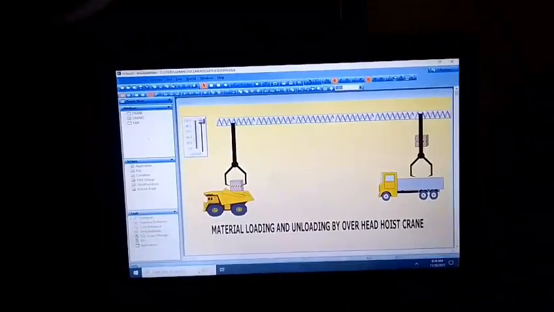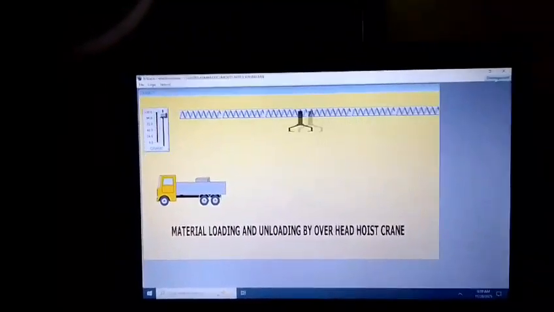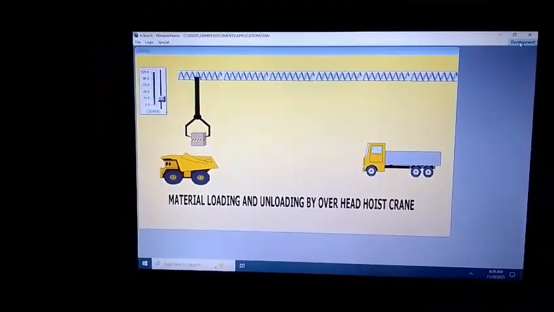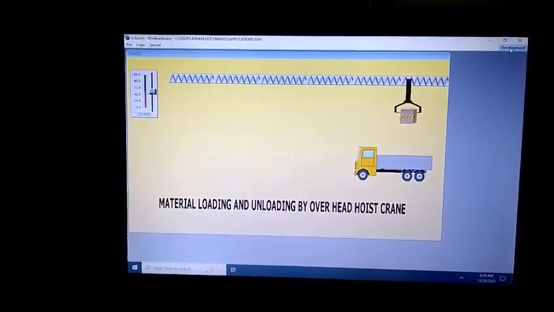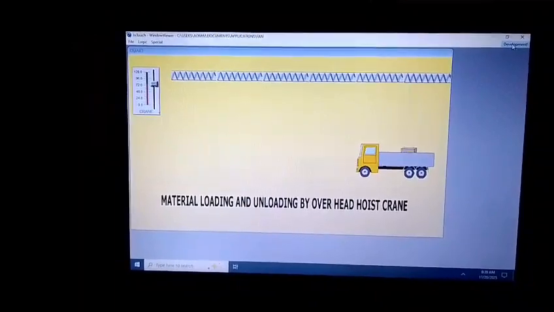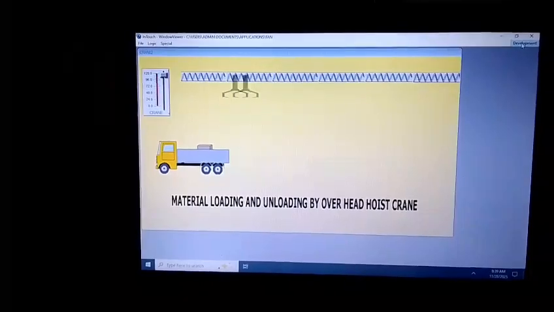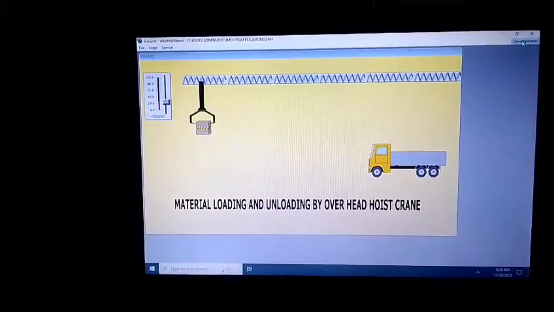So I will show you automatic. It will work automatically. I will show you. See this. The crane is coming to lift the load. It lifts the box and it is loading on the truck. Then the truck will go and the crane will return. See this? Crane returns. Another job will come there and the crane will lift it, and this process will keep